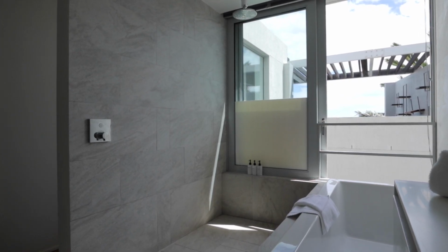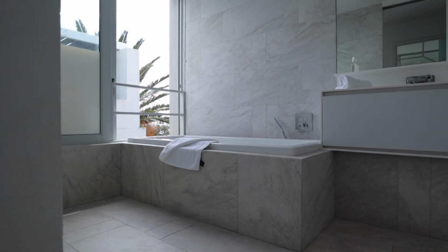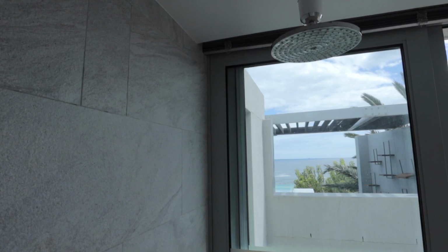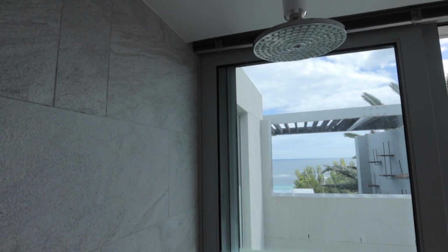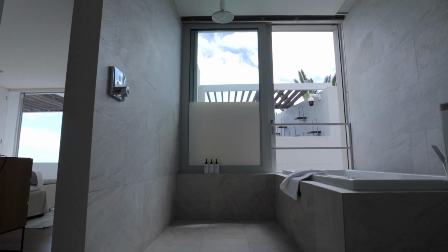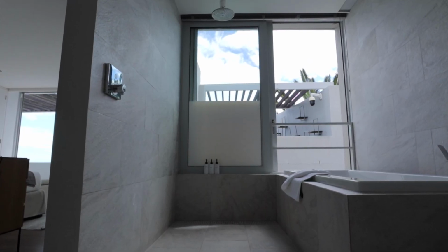I was caught off guard because I was looking down and I saw an outlet at the bottom, very neat outlet, and I was wondering why there was an outlet at the bottom. Then I looked up and saw that there was a shower head almost in the middle of the room, which is very impressive. The placement of the shower head is incredible and spot on, because as you're showering here, you